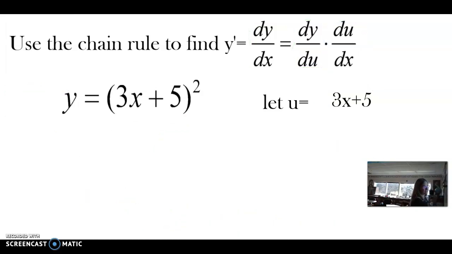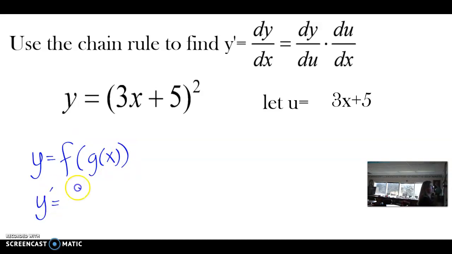So this is how we wrote that definition. If y equals f of g of x, then the derivative is the derivative of the outside, leaving the inside alone, and then you multiply that by the derivative of the inside,